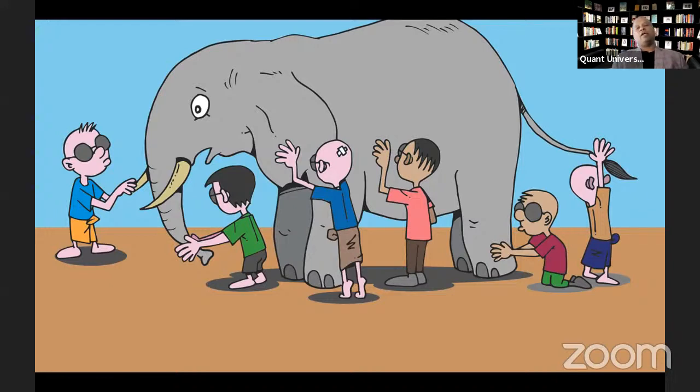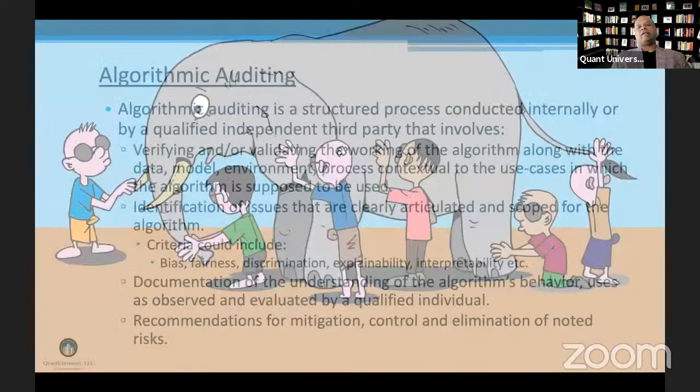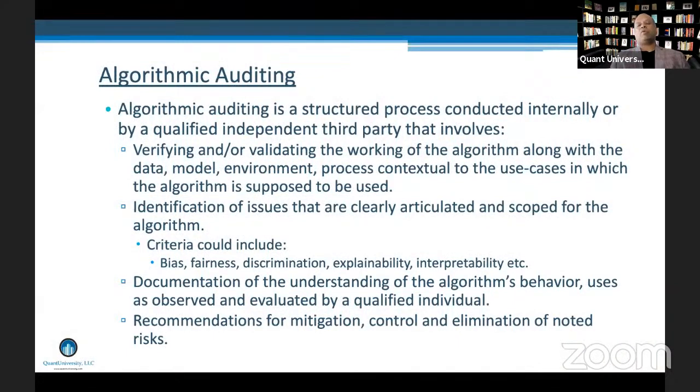Everybody has their own view on what should be defining or prioritized in the context of an algorithmic audit. The way we have looked at it is that it builds upon model risk management principles, and it has to be incrementally adopted from the established practices we have already seen. So we define it as a structured process conducted either internally or by a qualified independent third party that involves verifying and/or validating the working of the algorithm along with the data, model, environment, and process, contextual to the use cases in which the algorithm is supposed to be used. So that's one part